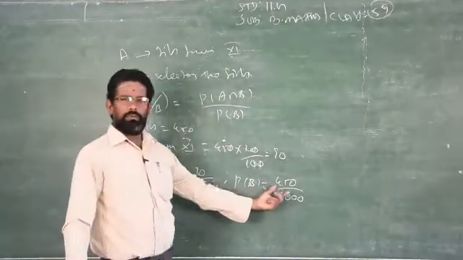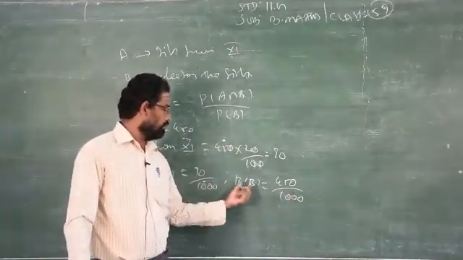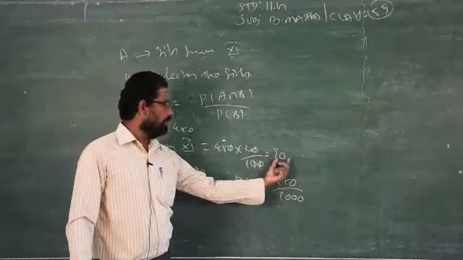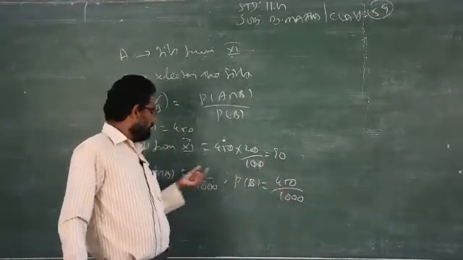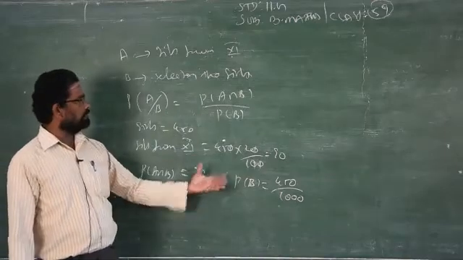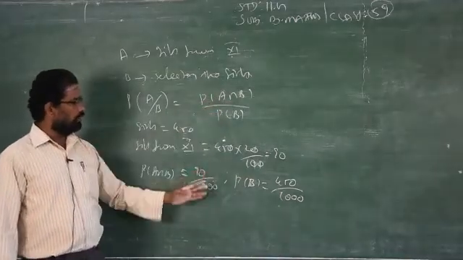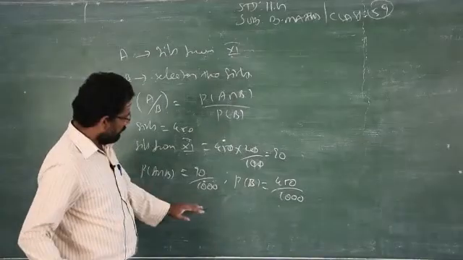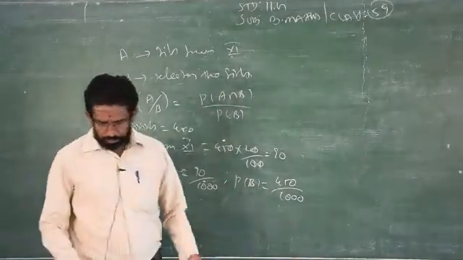So, girls will be how many out of 1000? 450. So, the number of girls in the school is 450. In that 450, how many girls are from 11th standard? 90 out of 1000. You just have to substitute this information in the given formula and you will get the answer. I leave only the substitution; the remaining part you can do.